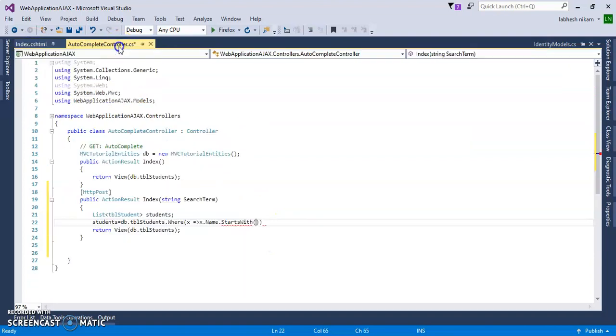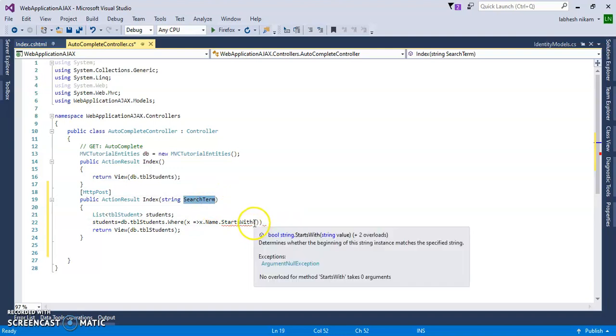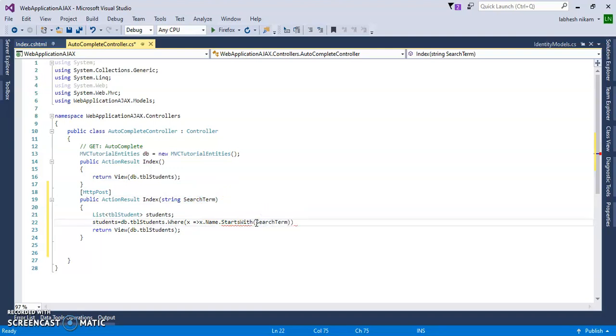So we have passed here this search term. Let's copy it. Dot StartsWith this search term dot ToList. So let's add dot ToList here. Now whenever the client types the characters and clicks on the search button, it will give us this list of the students.